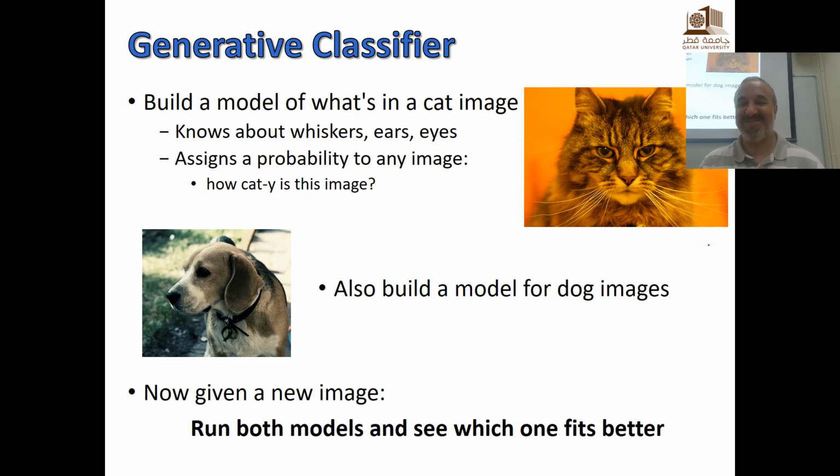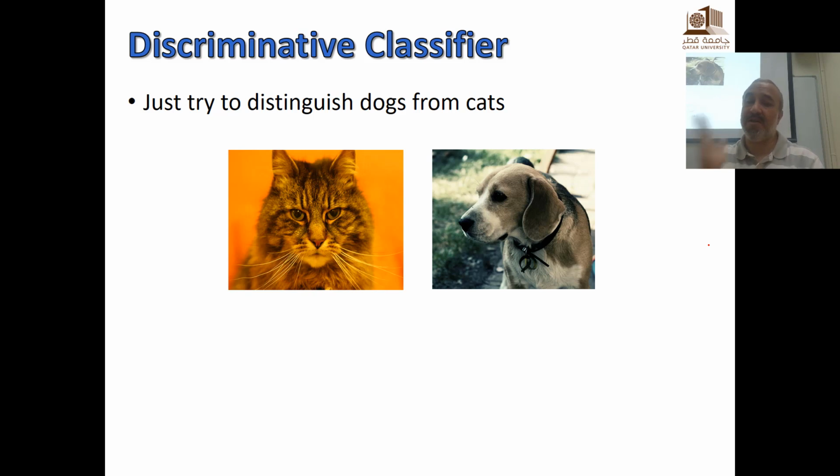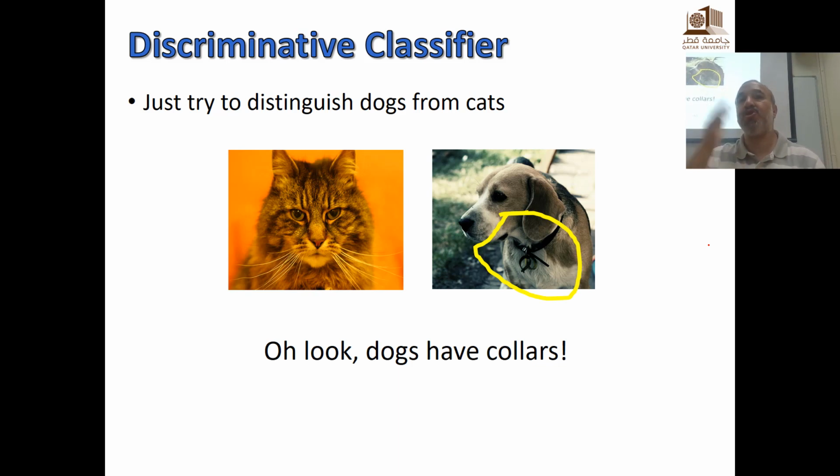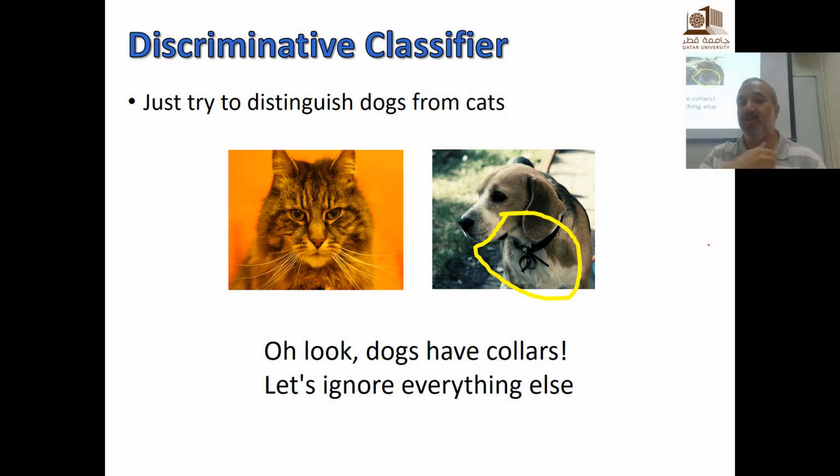Is that clear? Very clear. The discriminative classifier, on the other hand, will try to distinguish cats from dogs regardless of what specifically is in the cat images and the dog images. For example, it might pick up that most of the dogs have collars. So it will ignore anything else and say, if an image has a collar, it's a dog. It will focus on the things that really distinguish these two sets of images,